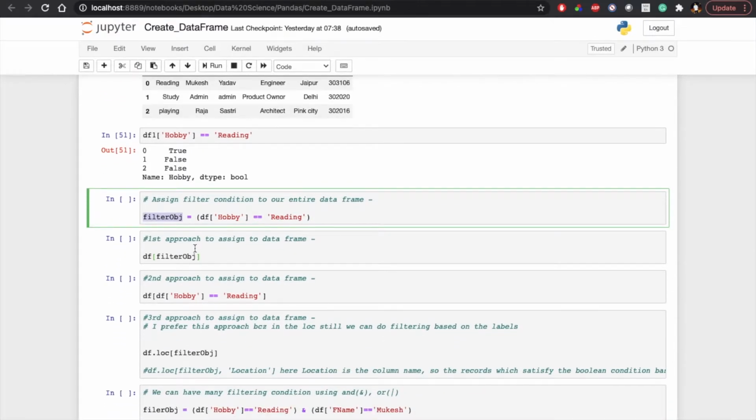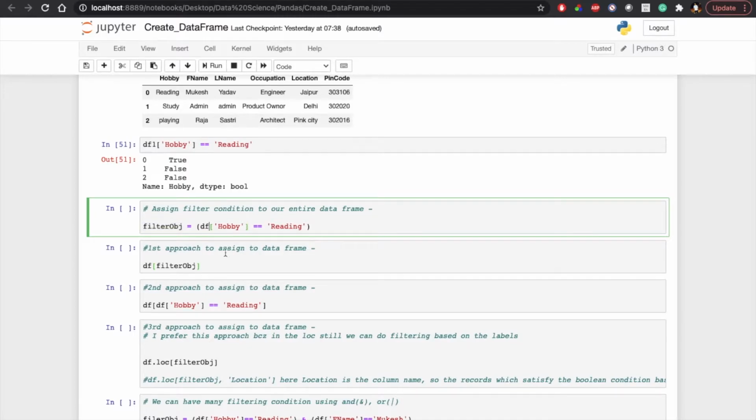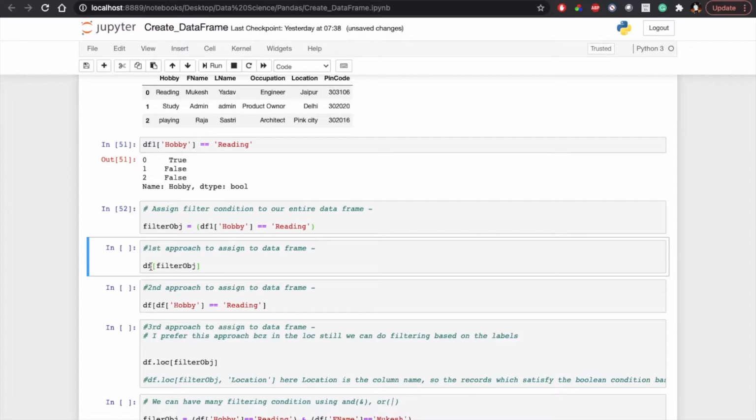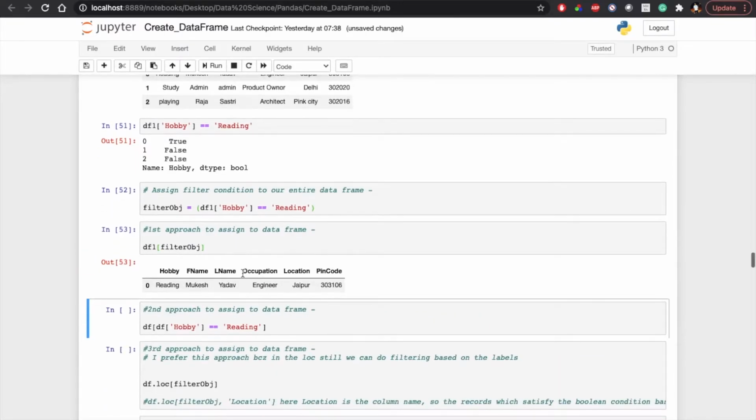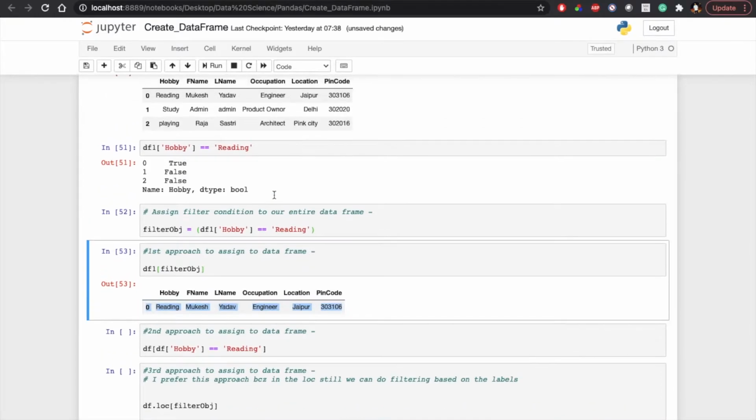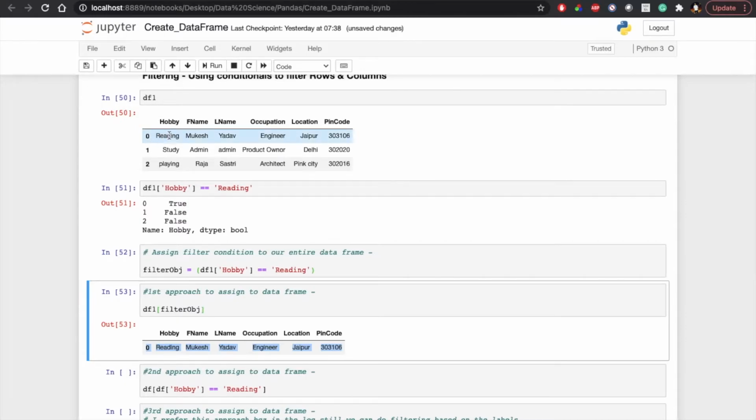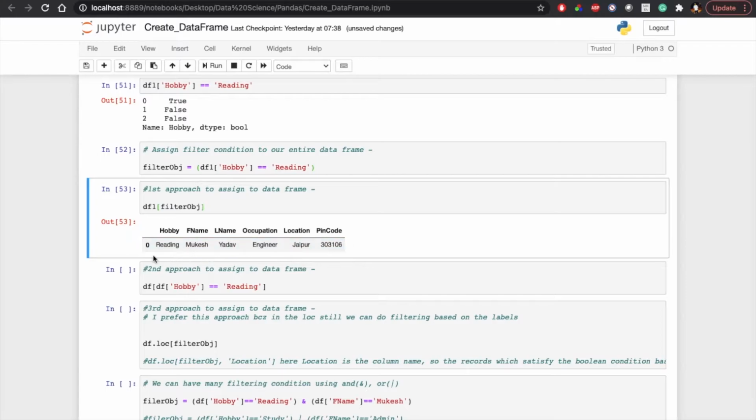And I'm passing this filter object to my df1, the data frame 1. Here we can see the 0th index only. Earlier I showed you that the 0th index contains the reading value, so I got only the 0th index.